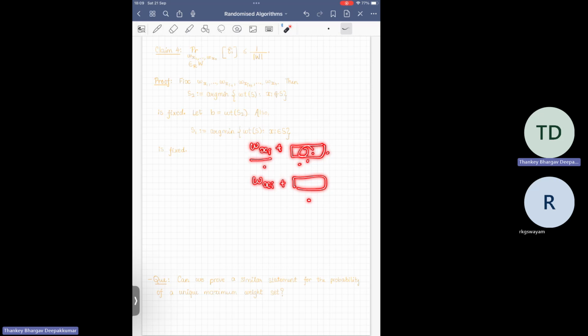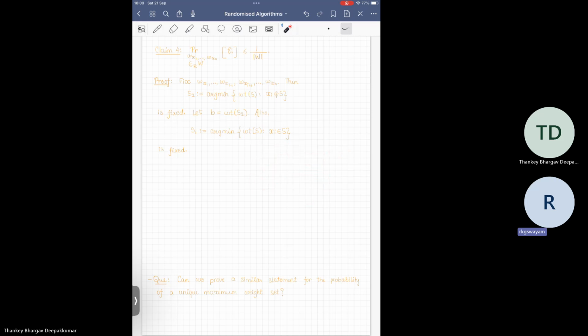So if this number is smaller than this number, then this must be the minimum, regardless of the value of Wxi. Right, that's true, and following the common sense, that makes sense. So basically what's happening over here is the following. Once I have fixed every weight other than the weight of Xi,